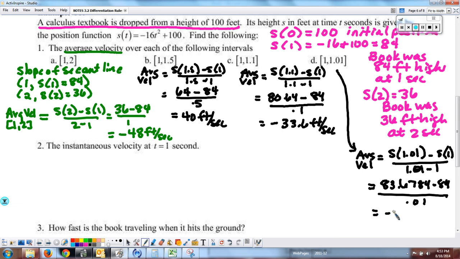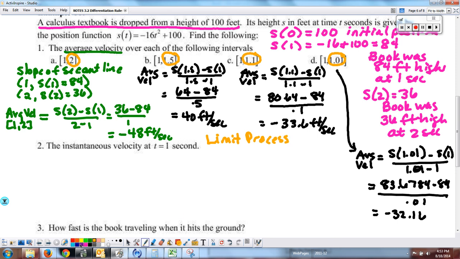We get negative 32.16. Now notice that I didn't just pick these for no reason. Notice that as you're looking at these, I did 1 to 2, then I did 1 to 1.5, 1 to 1.1, 1 to 1.01. Oh, wait a minute. I'm picking the second point closer and closer and closer to 1. I am creating a limiting process